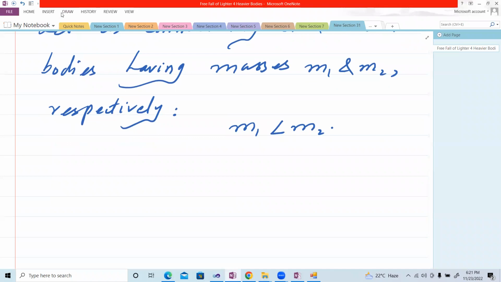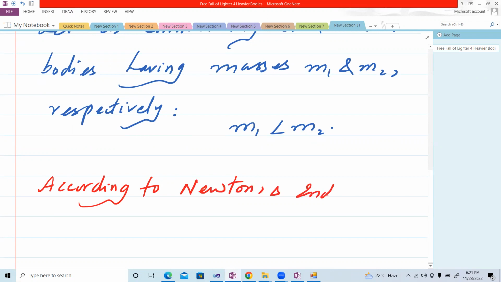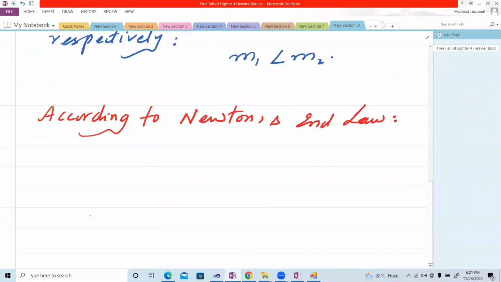Now, according to Newton's second law of motion, the force by the gravity of Earth, let's say this is the Earth whose mass is capital M, and over here the body having mass small m1 is this one, then the force of gravity by Earth on the body m1 can be written as